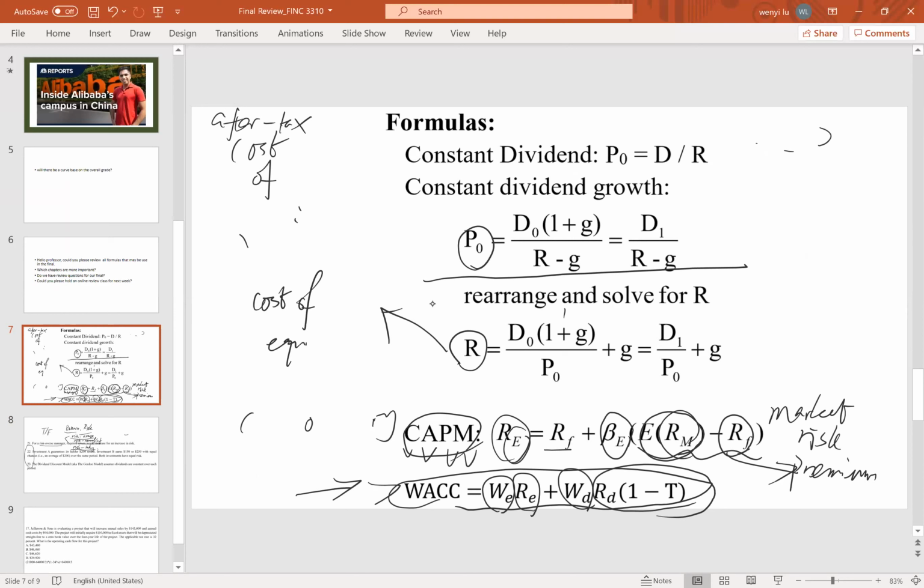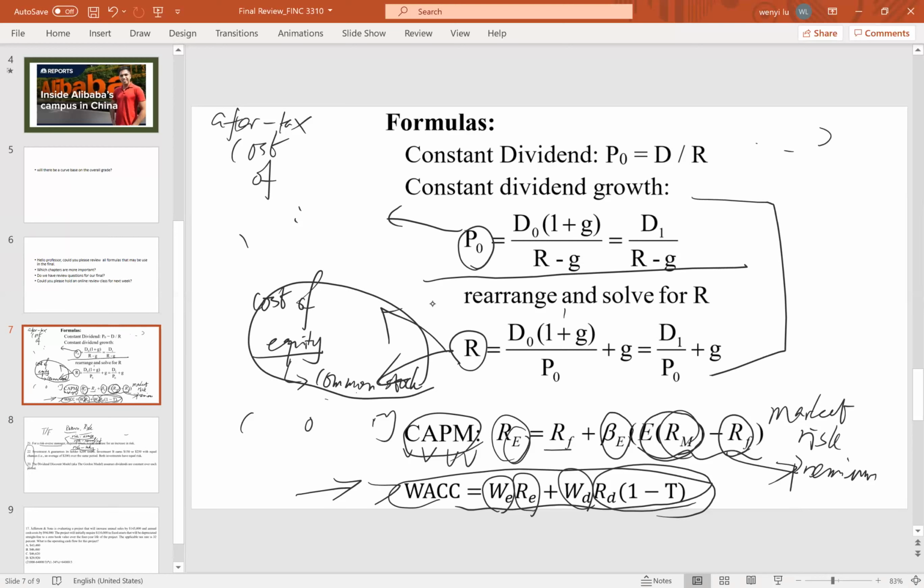equities. In accounting, we know shareholders' equity is in the form of common stock. So this is the cost of common stock, or the required return for common stock. This is the price of the common stock, and this is the cost of the common stock. So this is actually the formula for common stock. And also the CAPM model